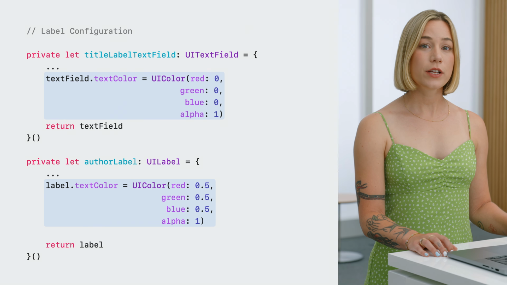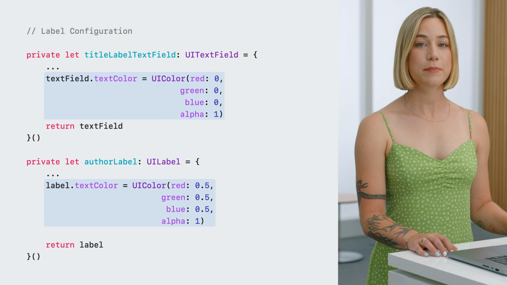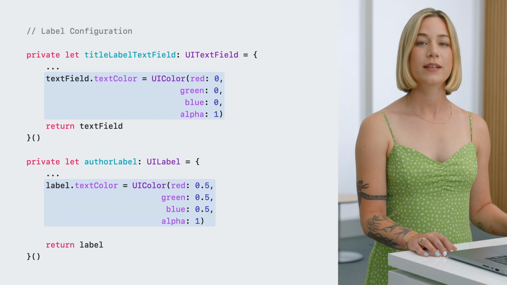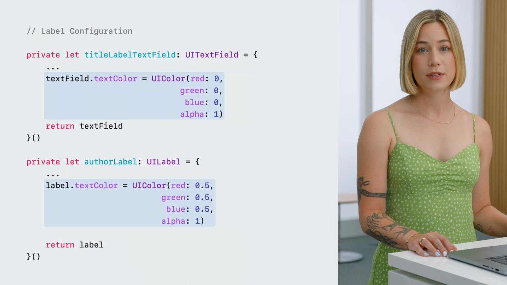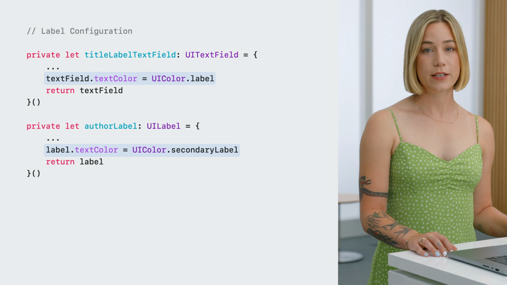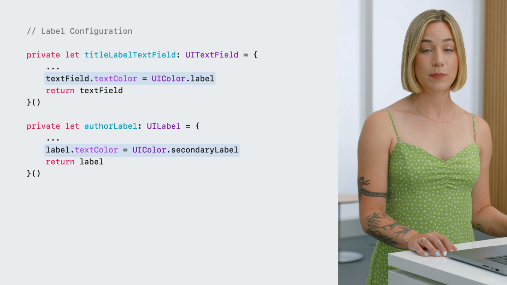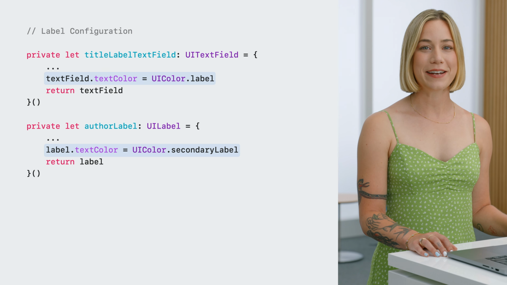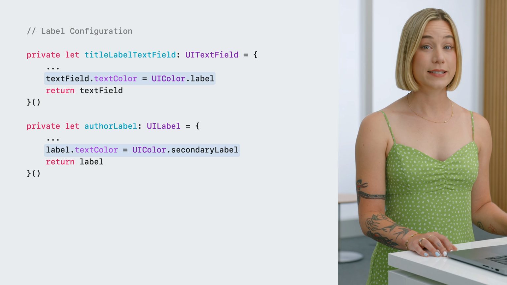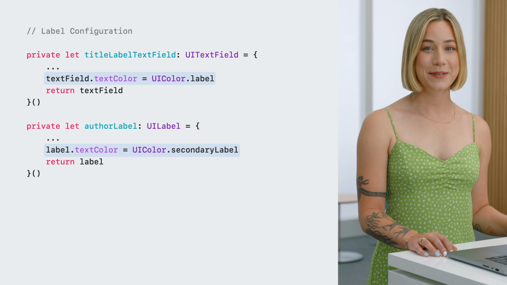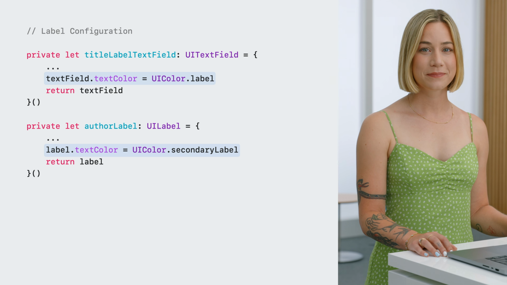Here, the colors for the text field text and subtitle labels are using RGB-defined UI colors. Instead of using those, use the primary and secondary label semantic colors here, which will better adapt to this platform while still looking great on iPad. Additionally, all UI labels that use semantic colors get vibrancy by default.